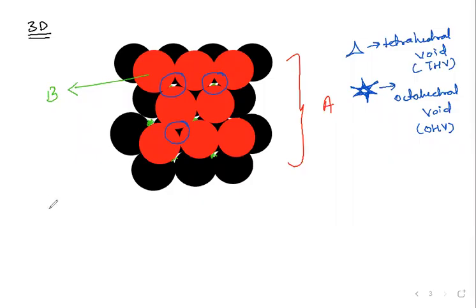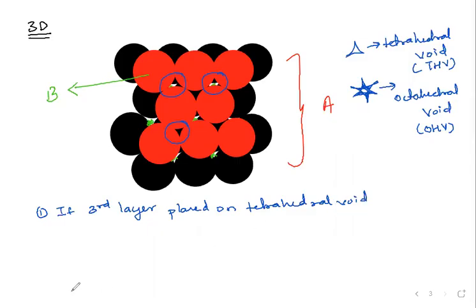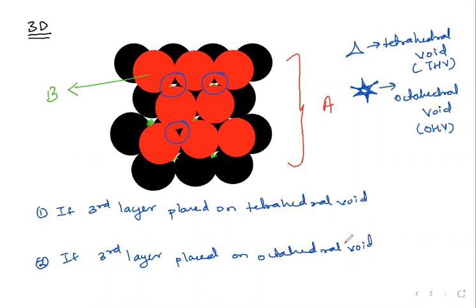So now we'll have 2 points here. Point 1: if the third layer plays on tetrahedral void, and the second point is: if the third layer plays on octahedral void. So let's see what happens. Placing a third layer on